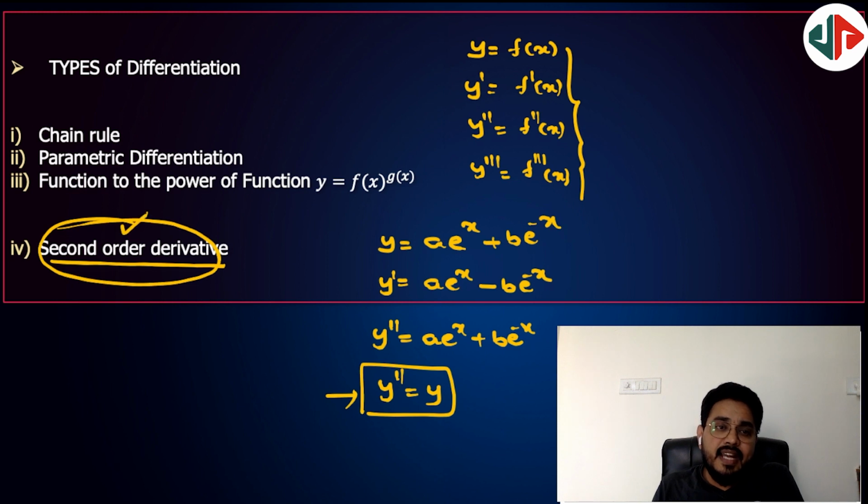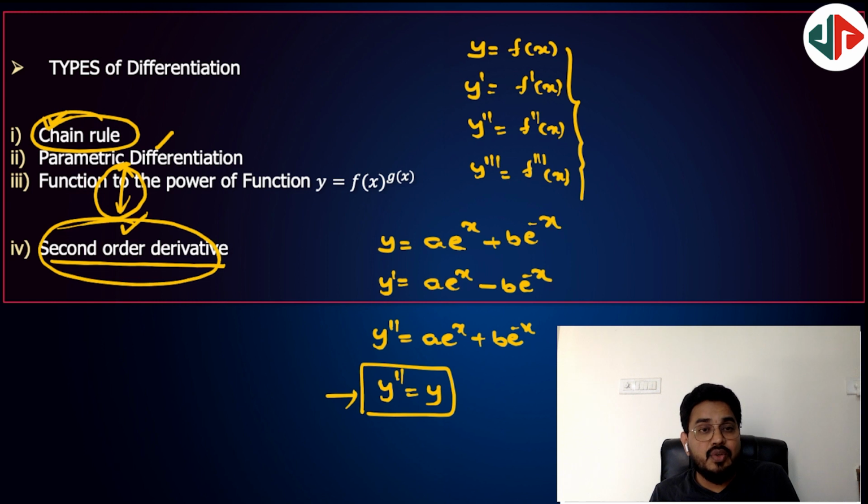Second order and the parametric. When these two combine, when a question comes on the combination, you need to be very careful because at that time generally people miss out on the chain rule. People miss out on the chain rule. Okay. And one more type of question generally people may ask, what is that? Like